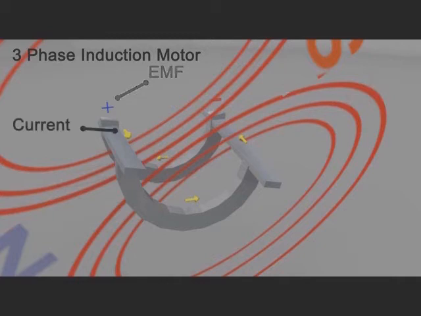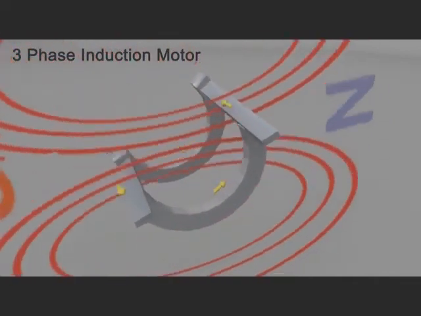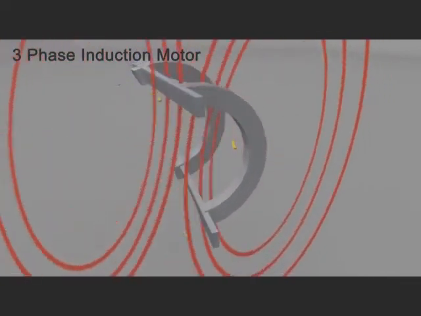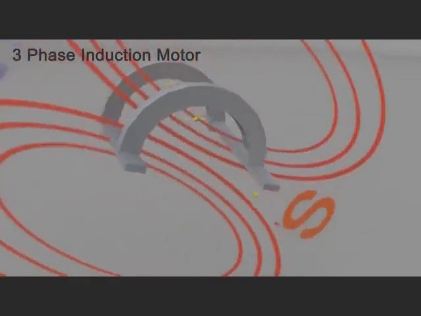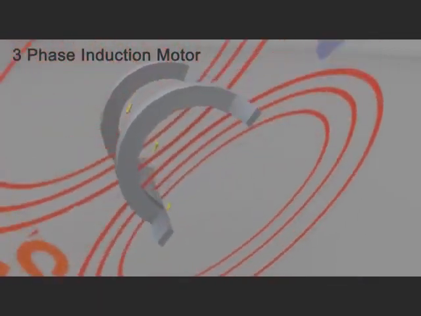The direction of current can be given by Lenz's law, which states that the direction of induced current will be in opposition to the motion causing it. Here, the relative velocity between the rotating flux and static rotor conductor is the cause of current generation. Hence, the rotor will rotate in the same direction to reduce the cause, that is, the relative velocity, thus rotating the rotor of the induction motor.